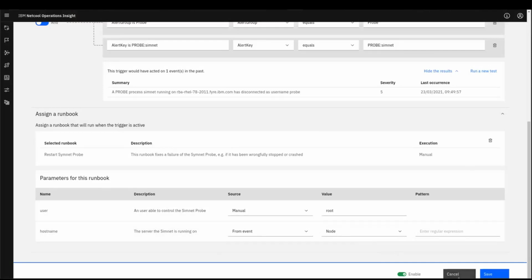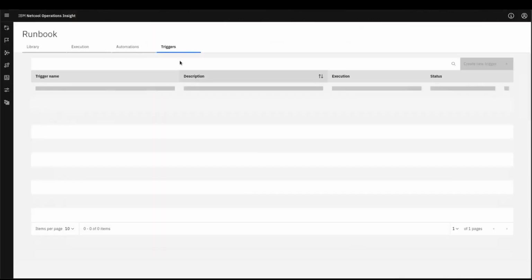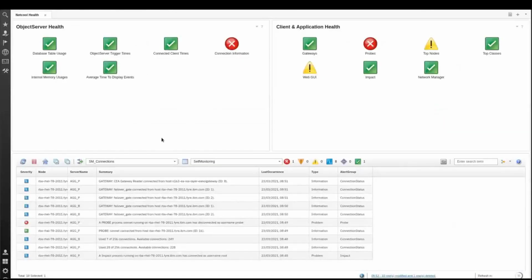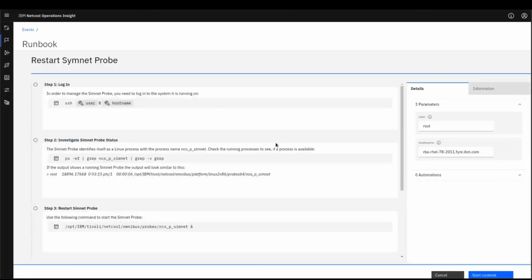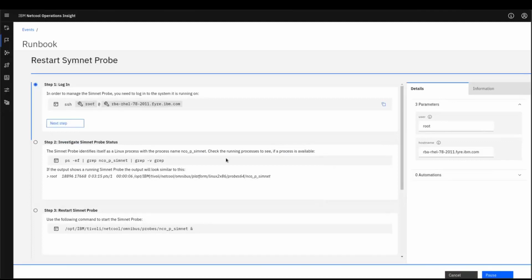And we will just take a look by going back to our event itself. So here it is. I'm opening the right-click menu, and here we have Launch Runbook. So I'm just clicking on that. And here is my runbook. Parameters are already filled in correctly. I'm just hitting Start Runbook. And I'm right where I was before, but now I didn't even have to look into the runbook library. I just clicked on the event, launched the runbook, and I'm right where I need to be. So I'm going to cancel this one here,